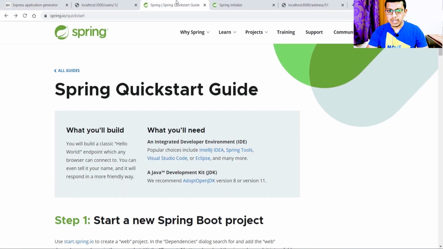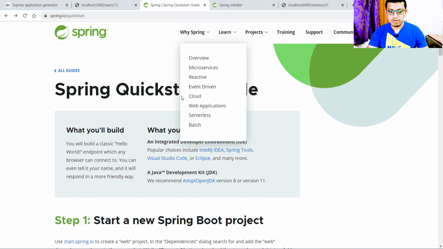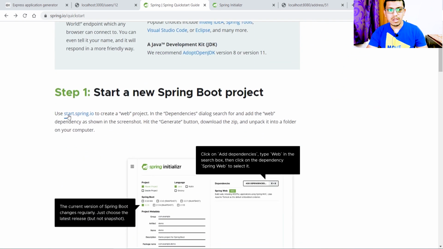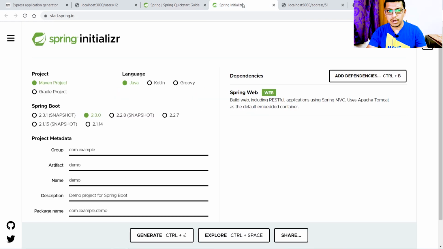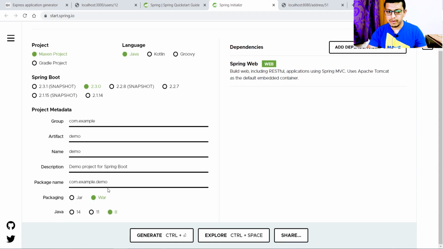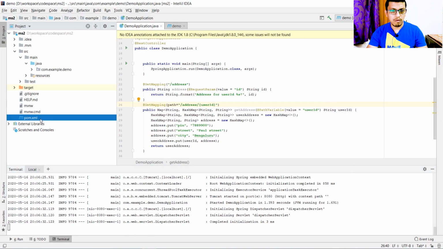And the Spring Boot project is created using Spring Initializr. You can just visit start.spring.io. It will take you to this URL. Here I have just chosen 2.3.0, and we will keep everything else default. I have chosen war here, and I have added the dependency Spring Web. If you don't add this dependency, then later you need to go to this POM file